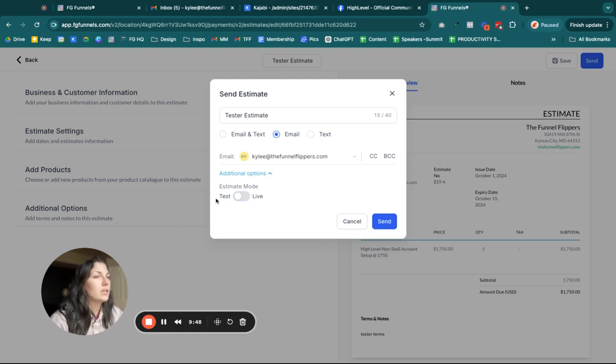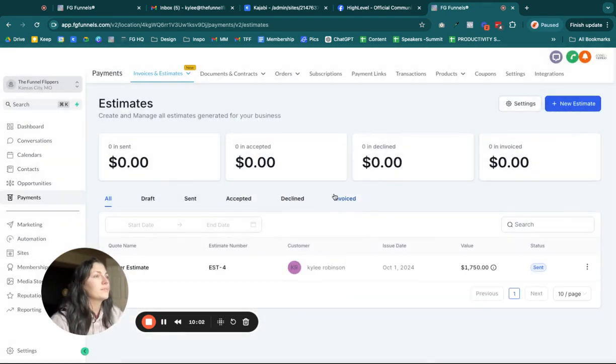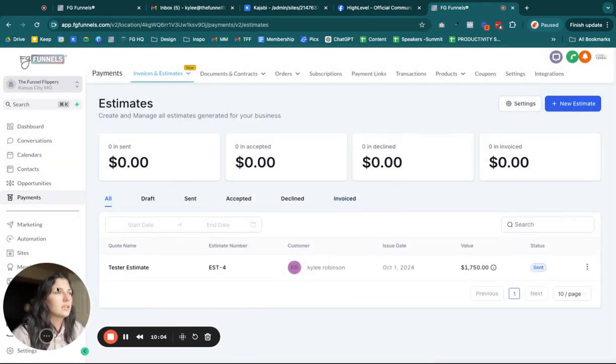So that if you want to go ahead and test it out, make sure it's going to work, you just open these additional options and then go ahead and update that. All right, you can also CC or BCC people. So we'll go ahead and send this off. And then you can see here, this is now in the sent status. So if I come here and see, all right, there is sent. And if I refresh,